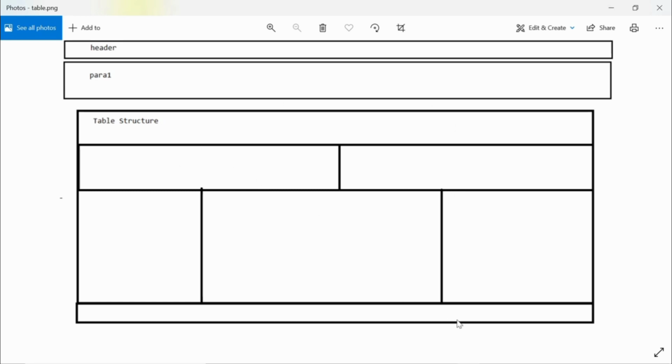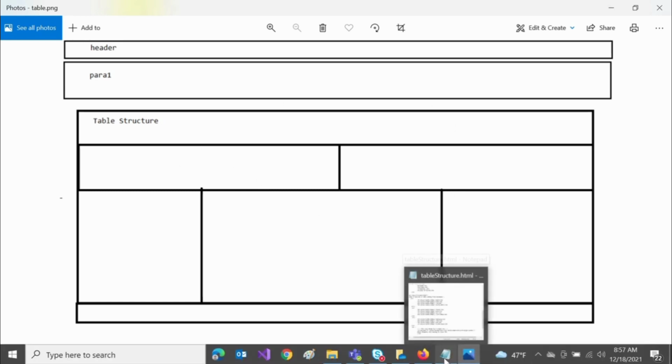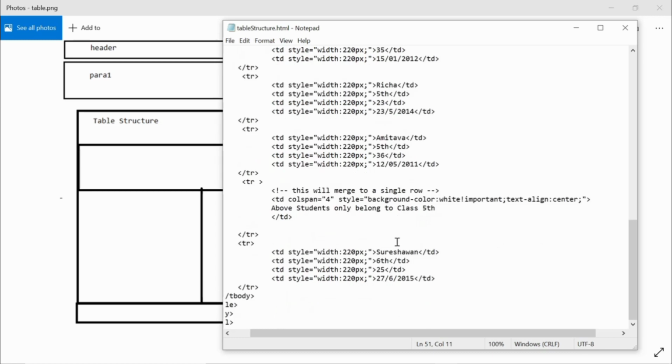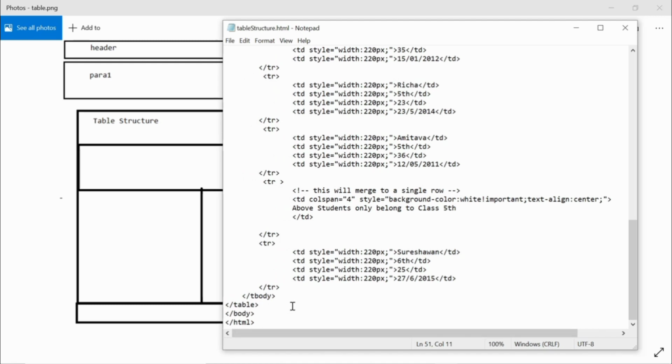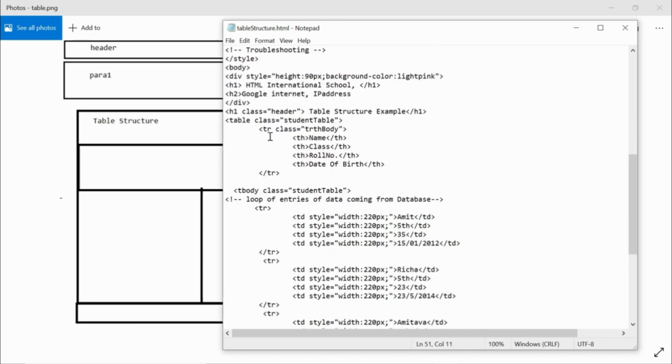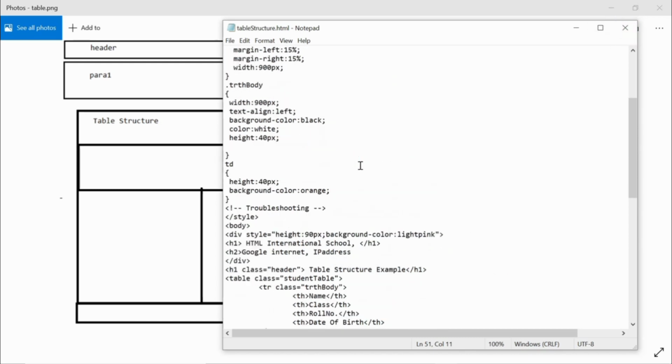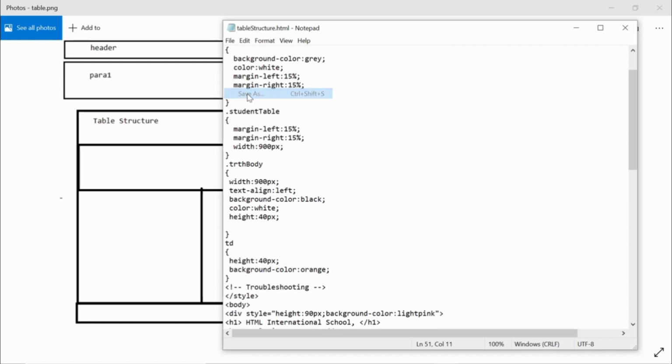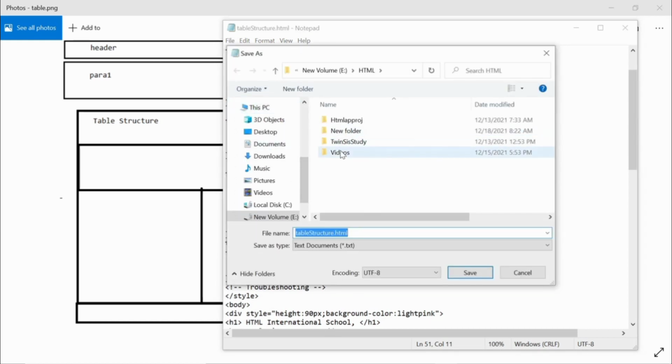We are going to create this table structure where there are four rows. Inside the first row we have to do the merging. Then in the second row we have to divide it into two parts, and in the third row we have to divide it into three parts with a bigger height, and the fourth one is again with a low height but with the merging of all the four columns. So we'll do this exercise now. We'll explain every complex design so you become an expert in designing web pages.